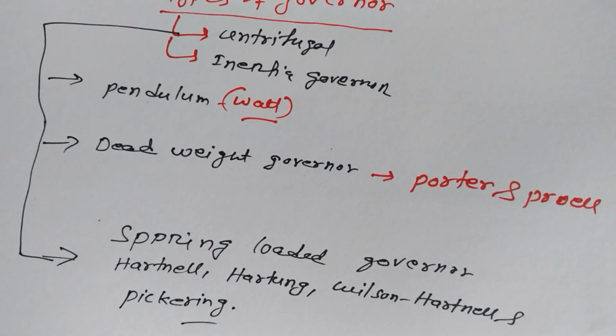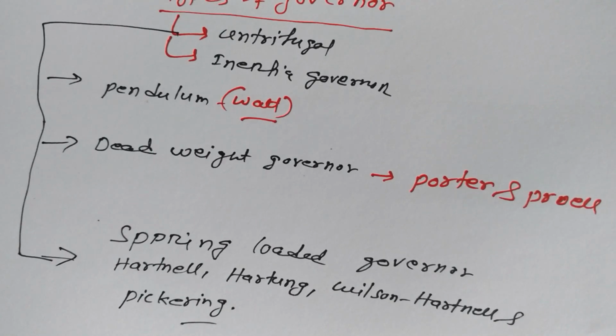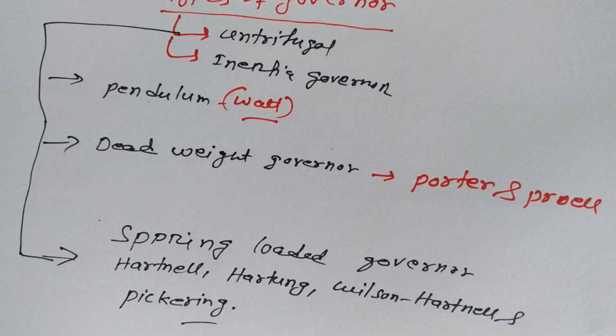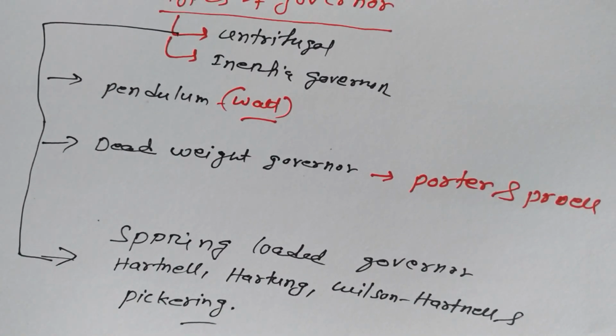Now let me discuss with you centrifugal governor and inertia governor. In case of inertia governor, there are two important things you need to remember. In inertia governor, two types of force act: one is centrifugal force and another one is inertia force. But in case of centrifugal governor, only one force acts, that is centrifugal force, because of the balls. You will come to know what I'm talking about, about balls and all those things, because I'm going to share all important things in my upcoming lectures.